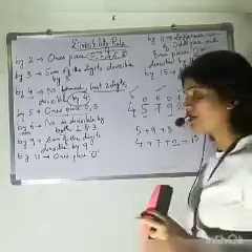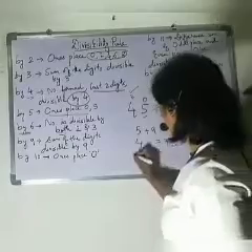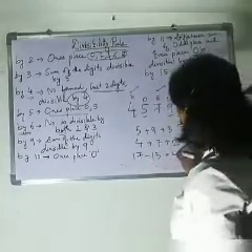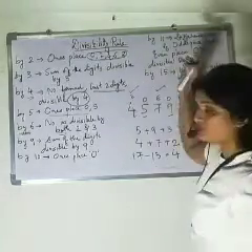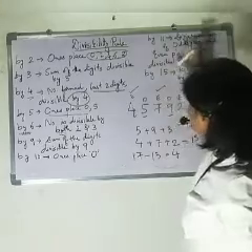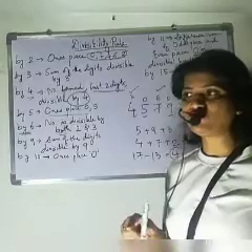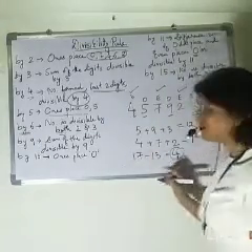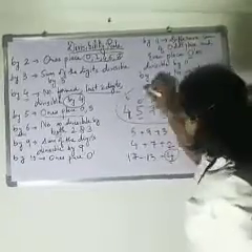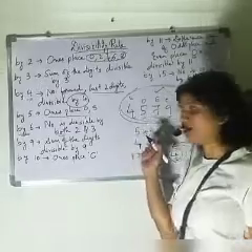After getting the sums, what we need to do? We need to find the difference. So let's see the difference. 17 minus 13. So what is the difference? 4. But the rule says it needs to be 0. If it is not 0, we have to see whether it is divisible by 11 or not. So in 11's table, do we get 4? That means this is not divisible by 11 as well. That means the given number is not divisible by 11. Understood?